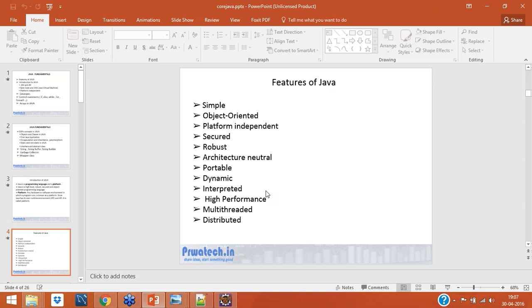Fine. Interpreted? Yes, we have interpreted data like a byte code conversion. There is 1010 conversion, which is only to provide our information, right? Then high performance, as always. Java always has high performance because of automatic garbage collection and automatic memory management. Also, our code is that robust. It supports multi-threading. Multi-threading is nothing but different threads, different processes will start. I'll explain these things later, so just leave it.